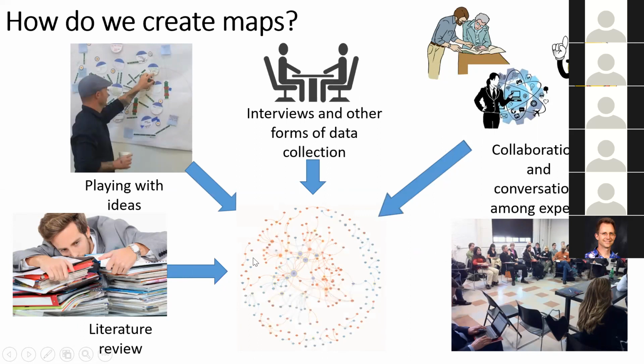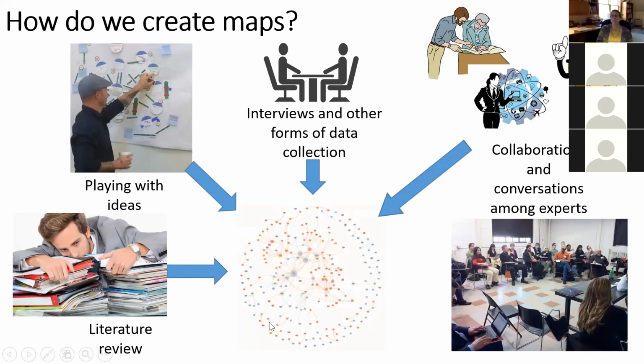All of these can combine to create a wonderfully big messy map, which is a potentially useful representation of a shared understanding. And actually, I think this map came from our analysis of presidential candidates'